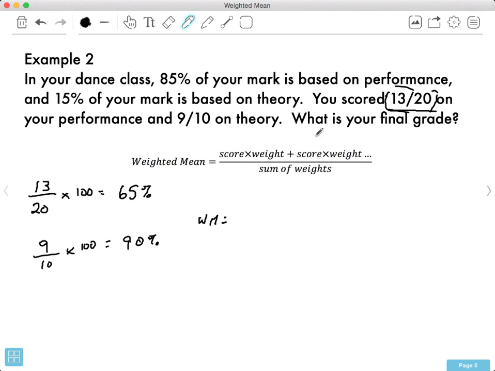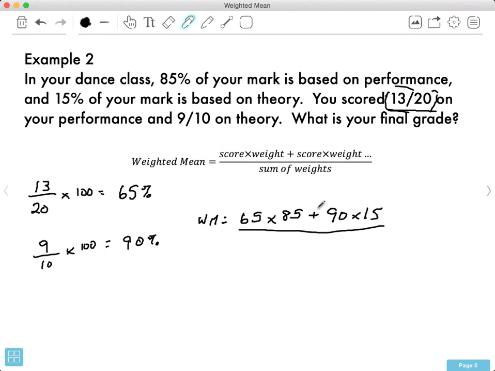So your performance score was 13 out of 20 or 65%. So 65 times the weight of 85 plus your theory mark was 9 out of 10, which is 90%, times the weight for theory, which is 15%,